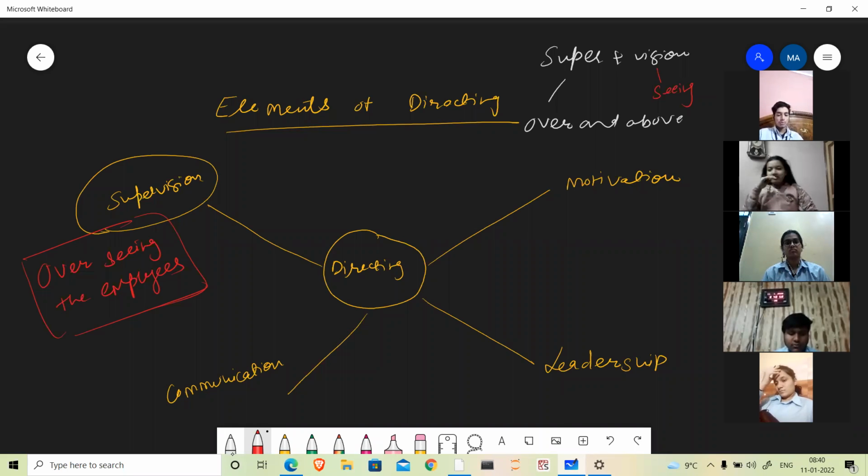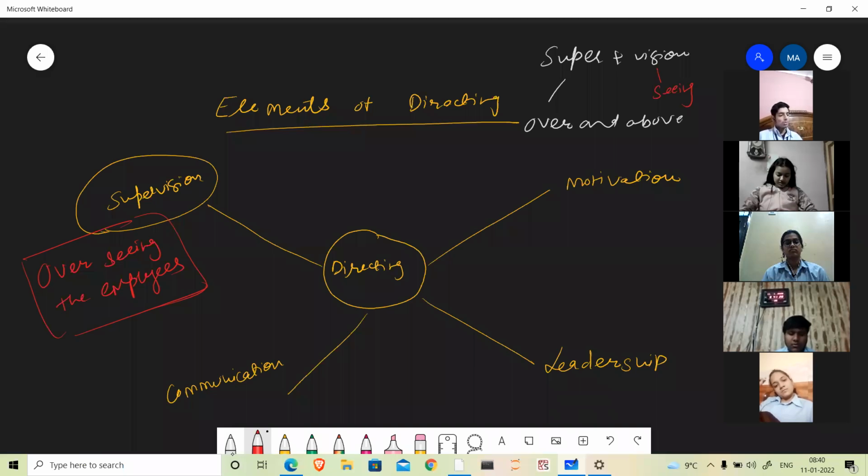So this is the first element of directing, which means just giving the directions, just giving the guidance, is not sufficient to get the work done. It requires something more. What is something more? That is motivation, communication, leadership, and supervision. And supervision means